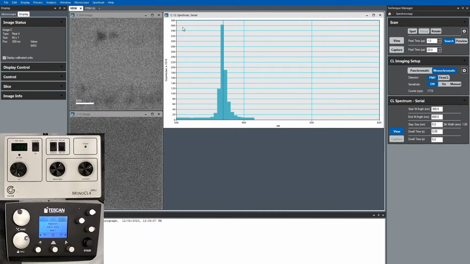The overall counts are much lower here than I think they were last time. Actually, maybe not that much lower, but